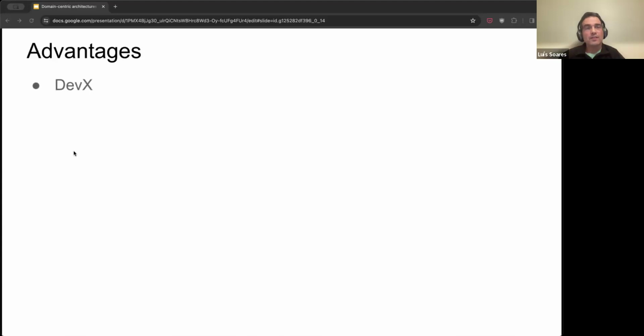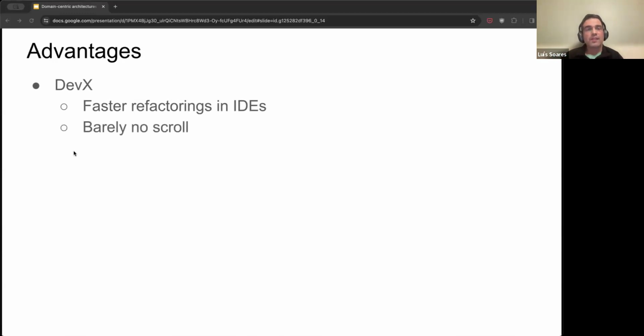So to finalize, let's talk about advantages. Using this use case oriented approach, you have faster refactorings in your IDE because the IDE probably doesn't have to compile everything, just focusing on one file, and you feel safer doing that. There's barely any scroll. You see all it takes. You don't do Command F. You just go to open file, Command P if you're in Visual Code,